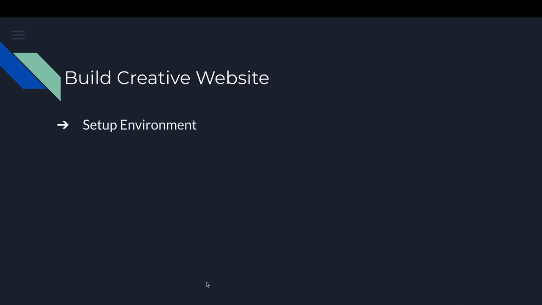So first, we're going to set up the development environment. So we're going to get our text editor installed together with the browser, which will test whatever code we are writing. Right? So then followed by